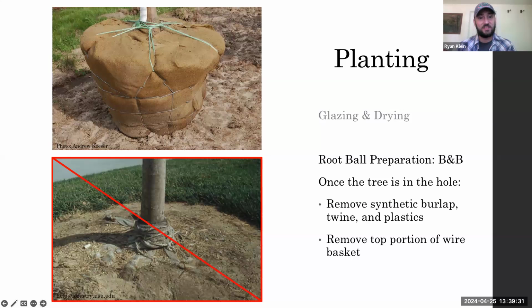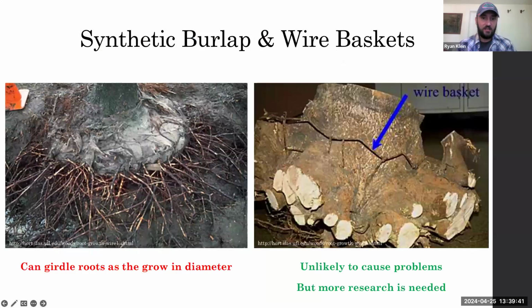And actually the trees that had the wire baskets left on fared better following a windstorm up in the Midwest. And that was because the root ball was held intact. But more research needs to be done, like most things. That's one of the things we're limited to in the tree world, is a lot of our studies are less than 3 years. We just don't have a lot of long-term data. So that's one thing I'm going to try and work towards with my lab.